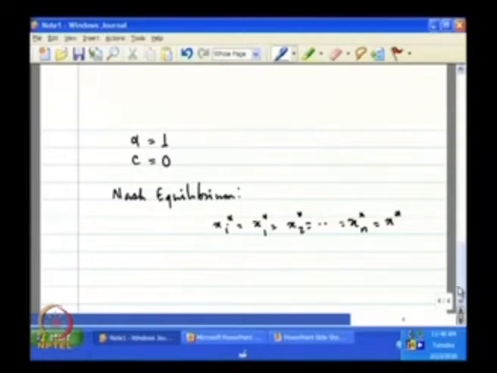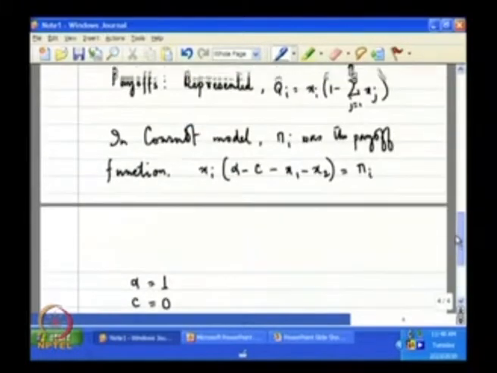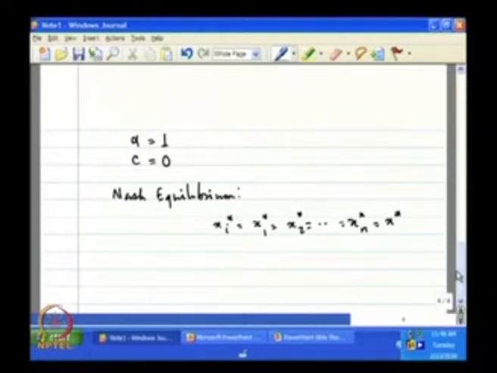Now, that we can find out by again looking at the first order conditions, because like before in the Cournot model, the way to find out the Nash equilibrium is that we find the best response function of each firm, and from the best response functions of the firms we can find out the Nash equilibrium by solving them simultaneously. So, for firm i,